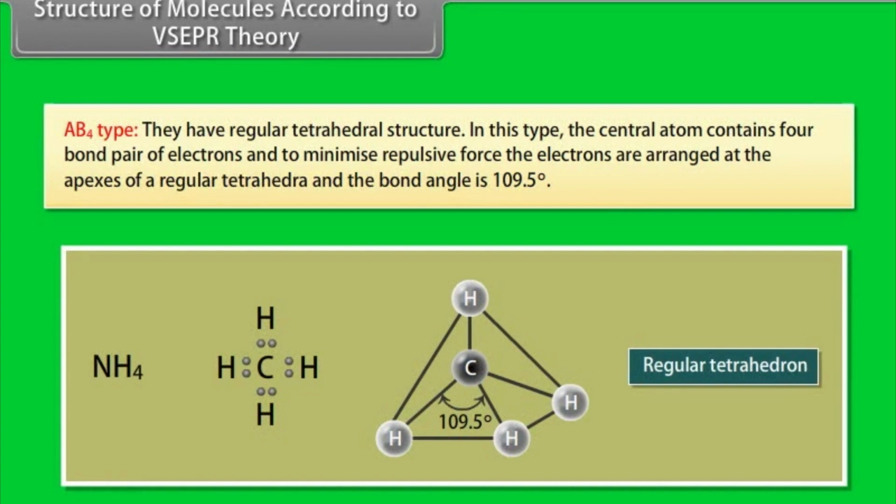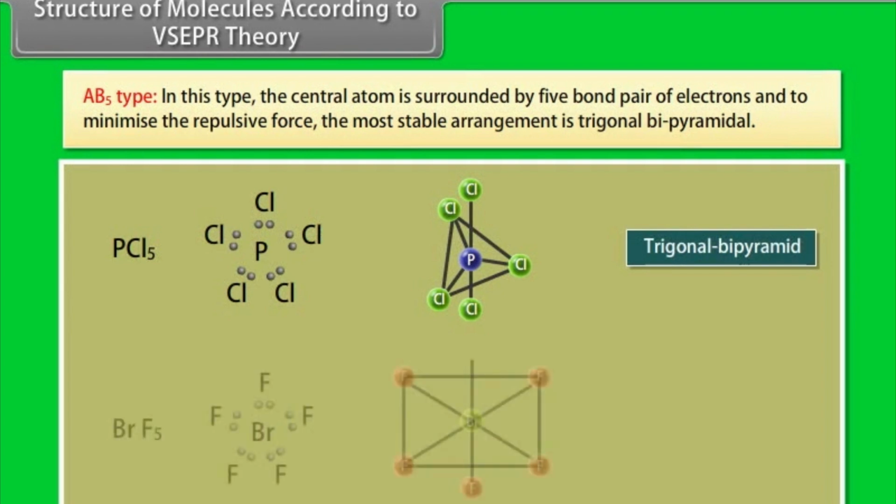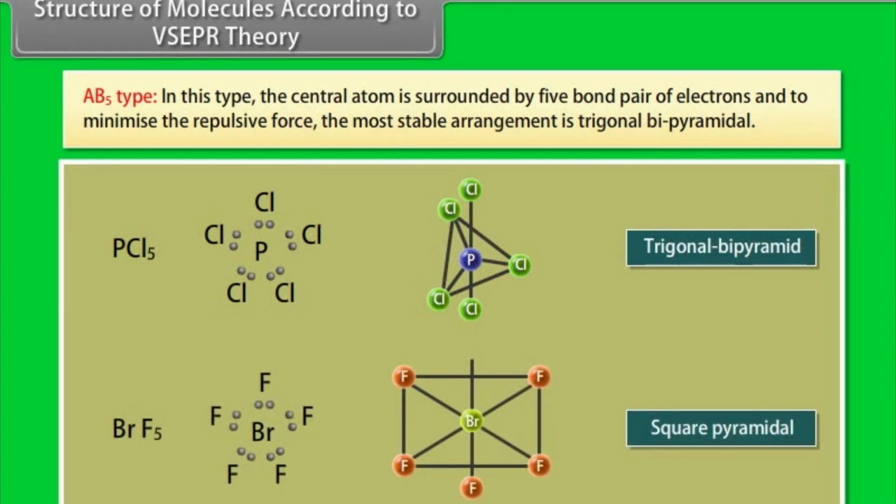AB4 type. They have regular tetrahedral structure. In this type, the central atom contains four bond pair of electrons, and to minimize repulsive force, the electrons are arranged at the apexes of a regular tetrahedra, and the bond angle is 109.5 degree. AB5 type. In this type, the central atom is surrounded by five bond pair of electrons, and to